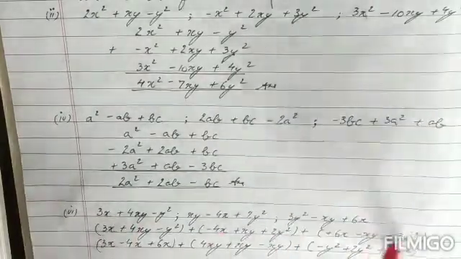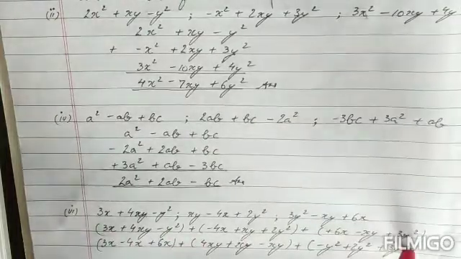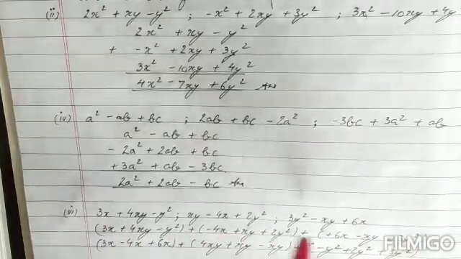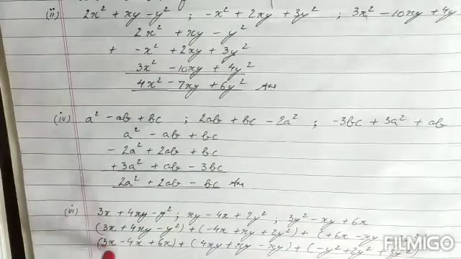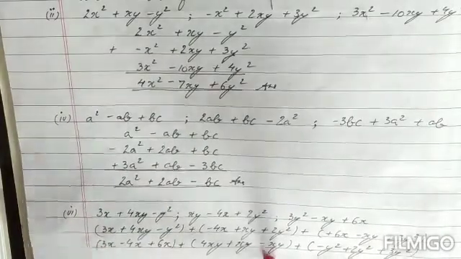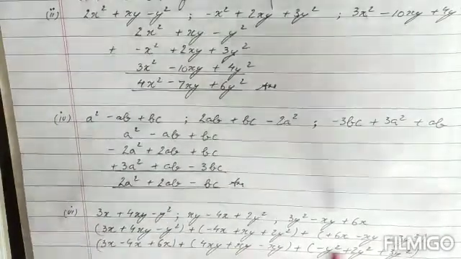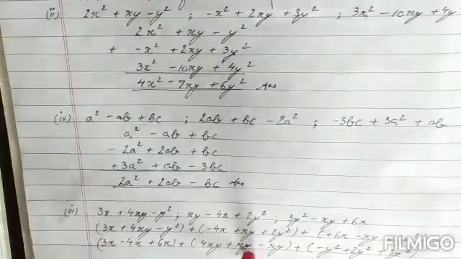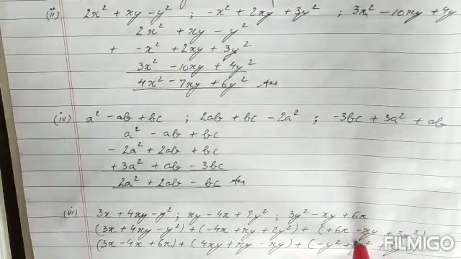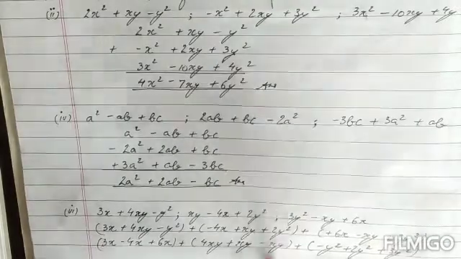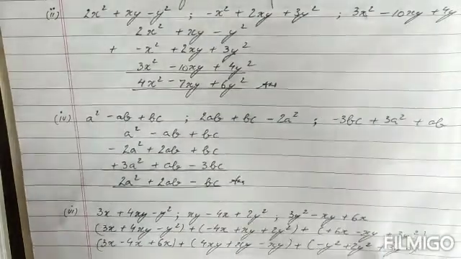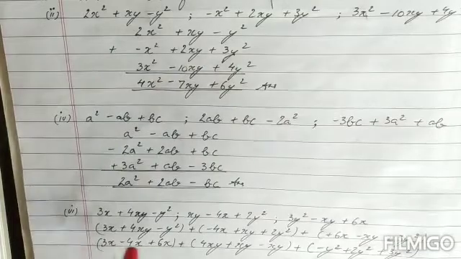Then after this, children, once again we will have to bring the like terms together. So from all the three polynomials I have brought the like terms together inside a bracket. That way I have arranged my 3 brackets, because there are 3 different terms used in the 3 different polynomials. And after that I have not done it, because after that you know how it is to be done. You just need to follow the integer rule.